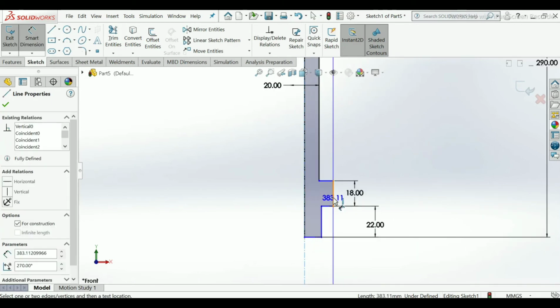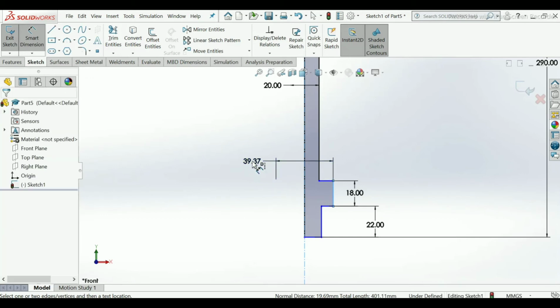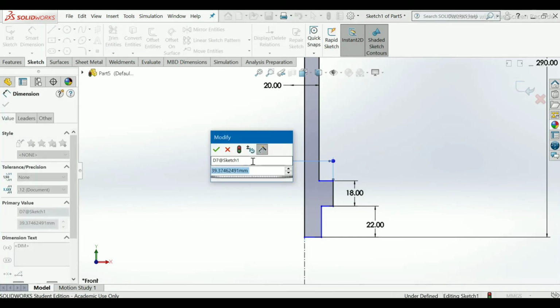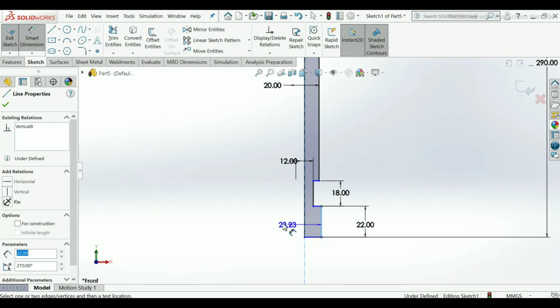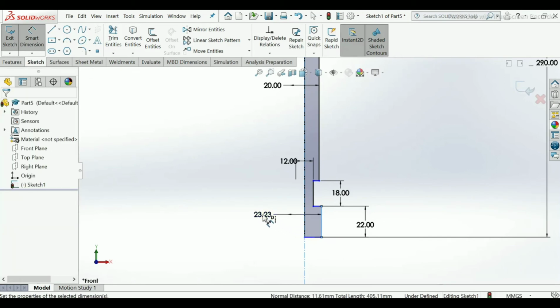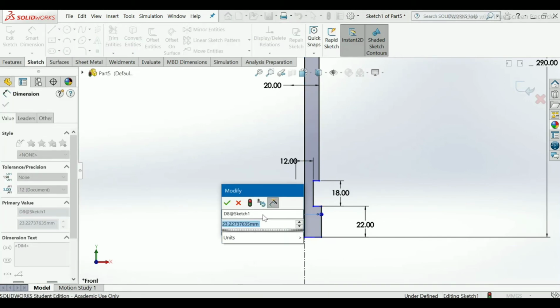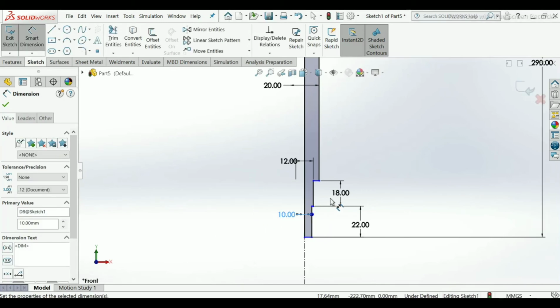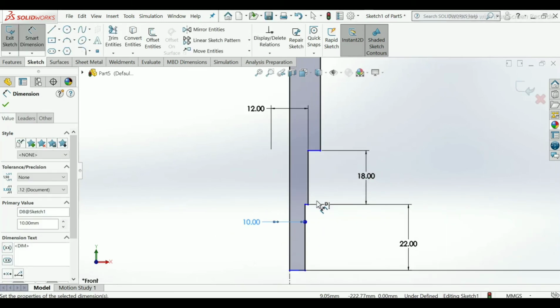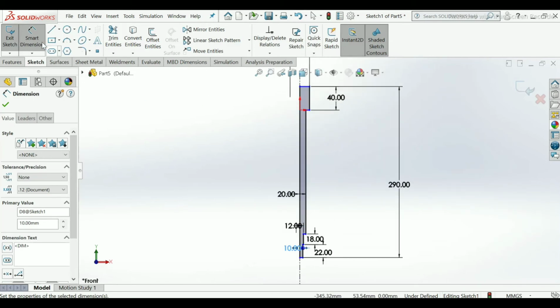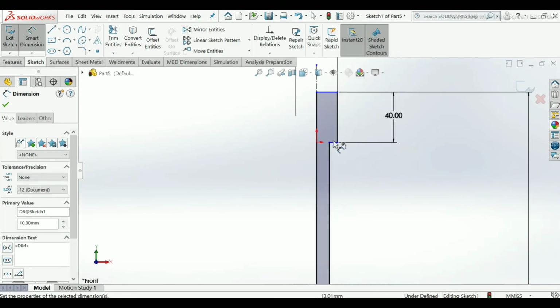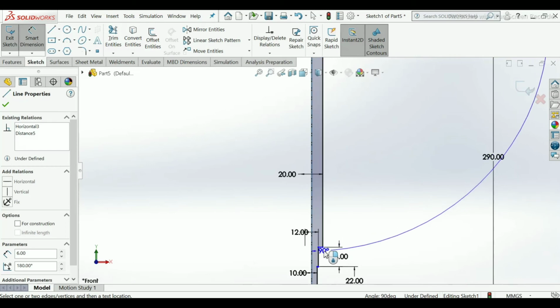This will be 12 mm. And the last one will be 10 mm. If you want to give this, you can give it this line and this.